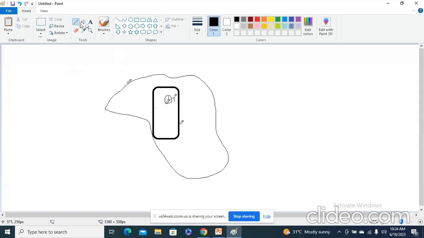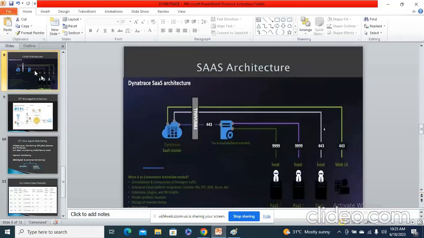My paint is not working properly, so please adjust. Use A is there, right? You can click A and use. Okay. Or else I can tell from here only. So